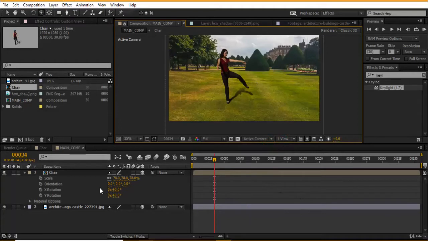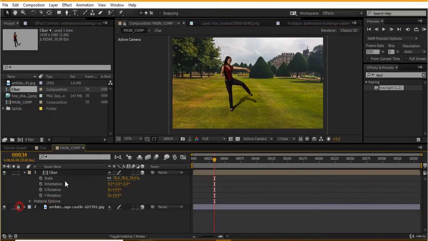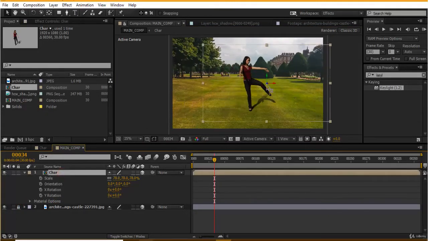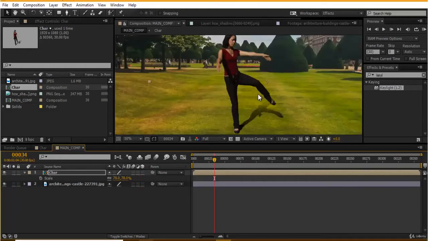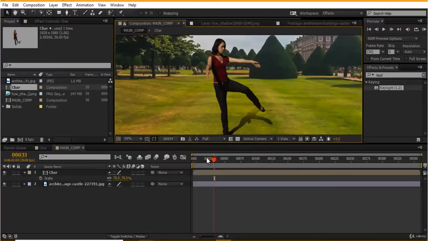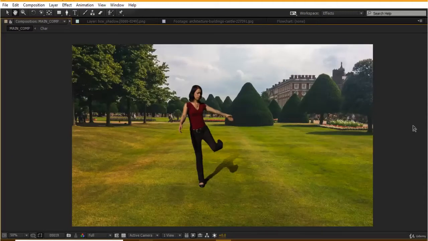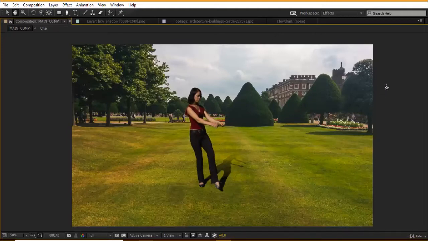Now again going to my active camera, this is what I've got. Let me just lock this up, and I'll take this. Now if I play this, this is also blending with my lighting, so I do not need to do any kind of extensive or wide color correction. Just a simple thing would do.